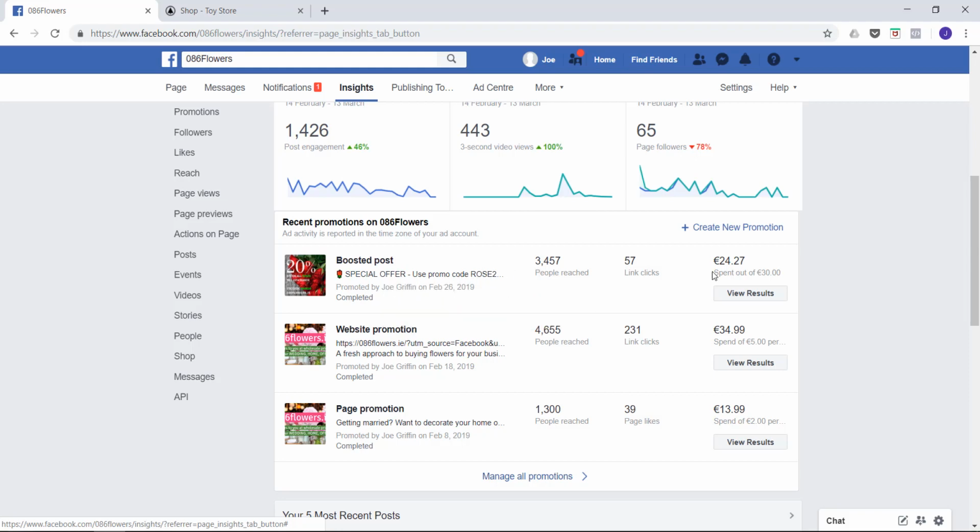Now you can see that I've spent €24.27 out of a possible €30, and we reached 3,500 people and got 57 link clicks. And if you do the maths on that, if you divide 24.27 by 57, you can work out that it cost 42 cents per click to get people across for that